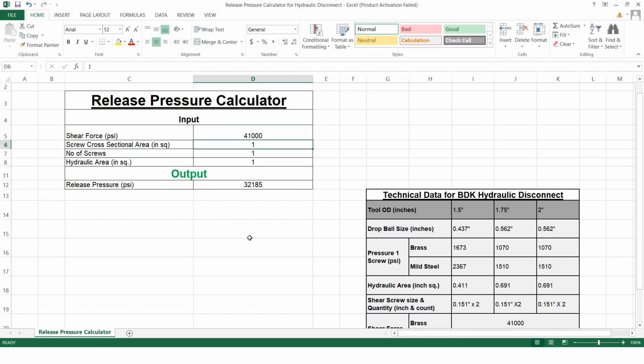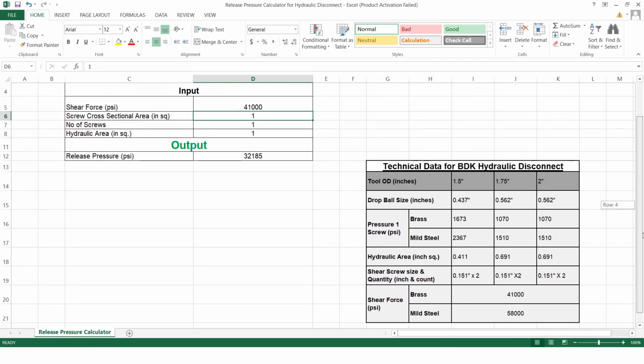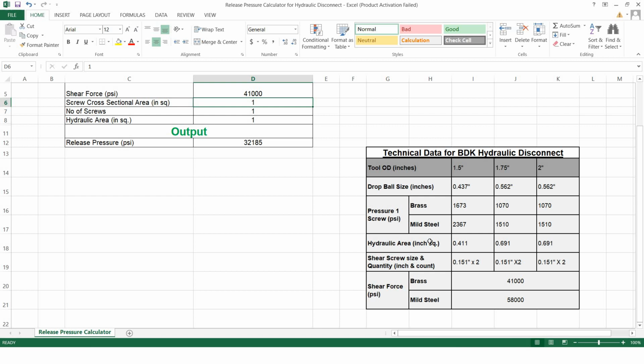Next, number of screws and cross sectional area. The cross sectional area we can find from the technical data sheet. Here we can see the shear screw size. So let's say we are discussing 1.5 inch hydraulic disconnect. The cross sectional area of the shear screws is 0.151.